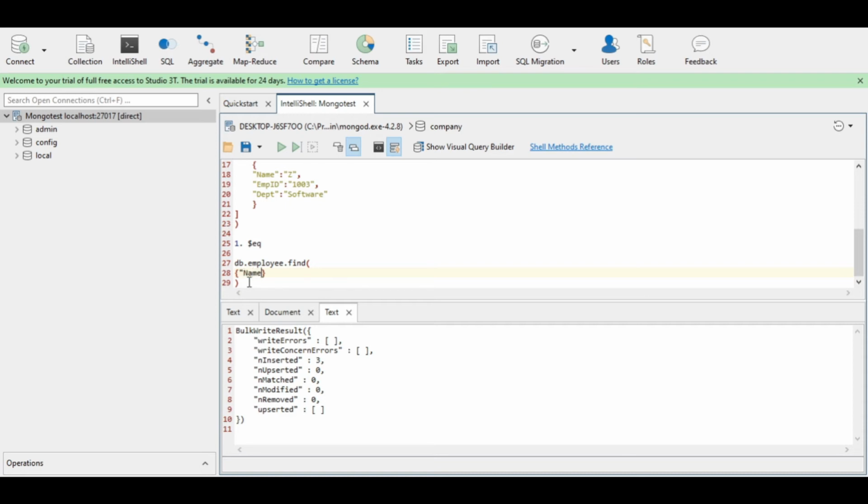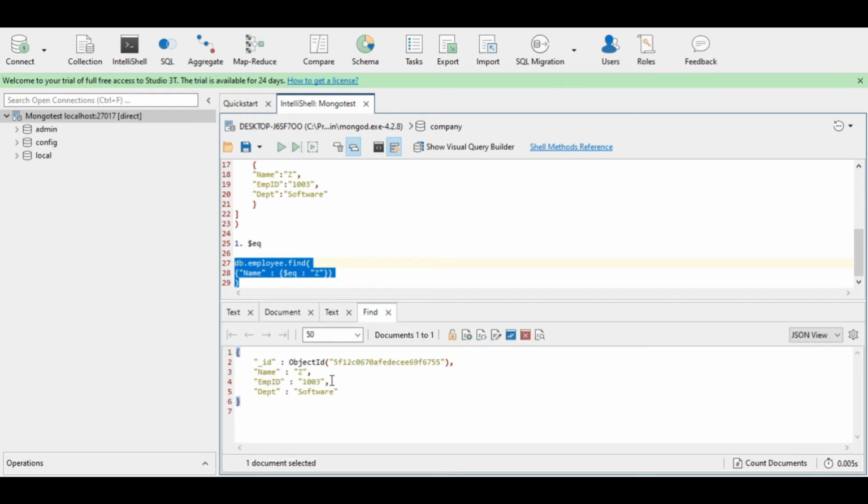So name inside double quotes, then colon, then again a pair of curly braces, and inside that we will be using the equal operator. So $eq, we want the document of the employee where the name of the employee is Z. So this is done. Now execute the query. So see, we have found the document of employee Z under the result.